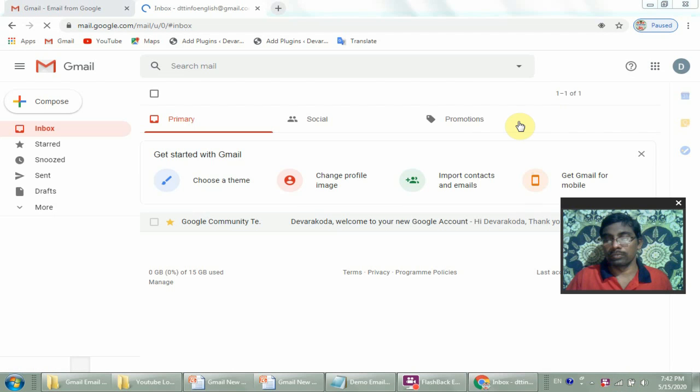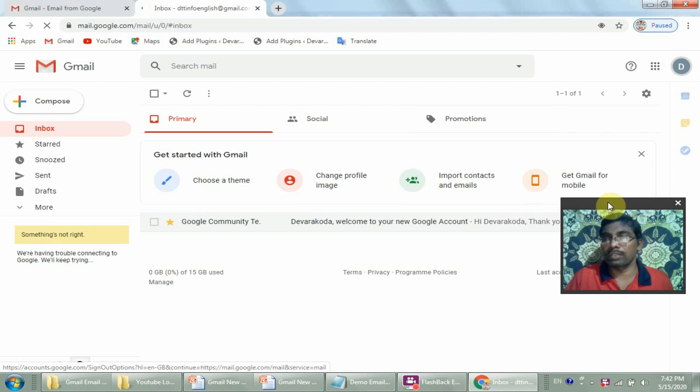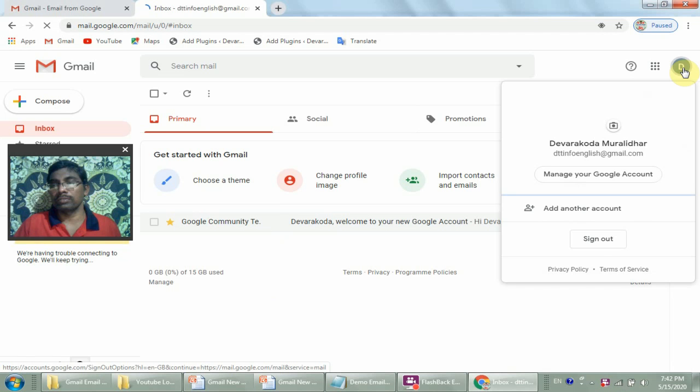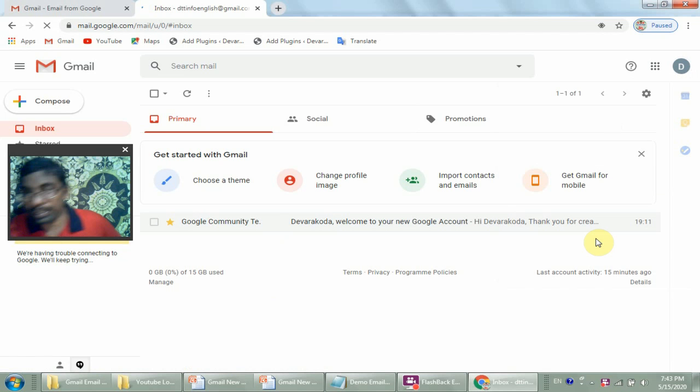Now click on that circle button at the top right corner and select the sign out button. Click on that sign out button, and immediately you can log out of your Gmail account. That's it guys. Now I'm closing. This is the procedure. Now let's go to the next one.